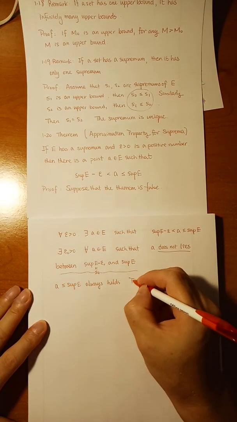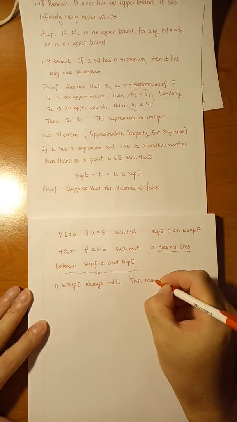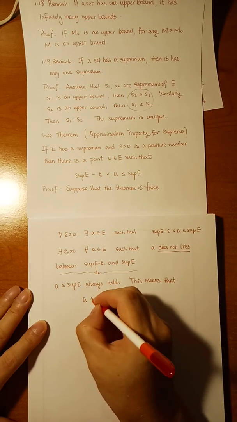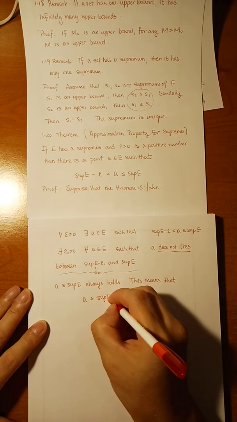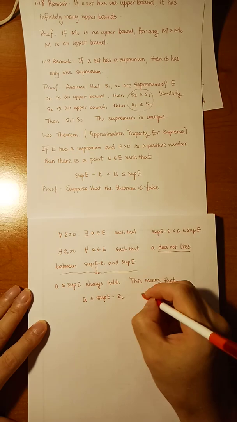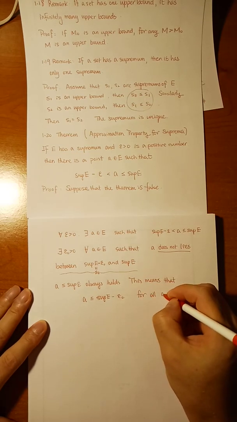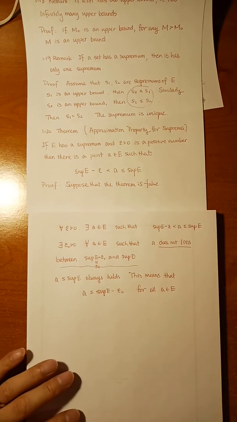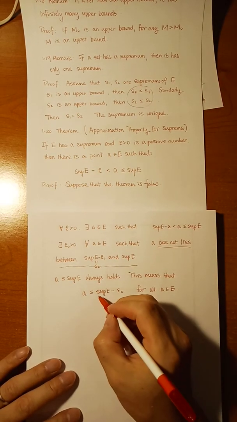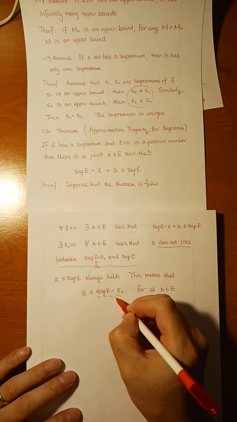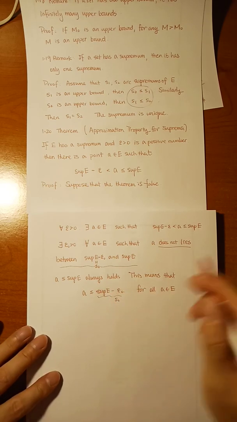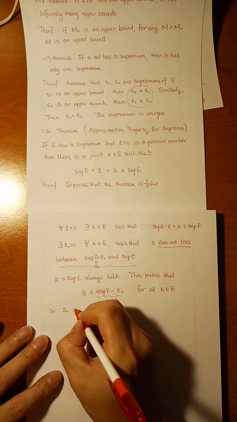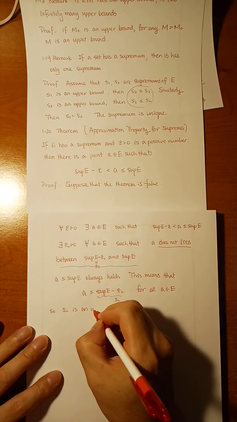This means that A is less than or equal to the supremum of E minus epsilon 0 for all A in E. Again, this expression is denoted by S0 in the textbook. So S0 is an upper bound